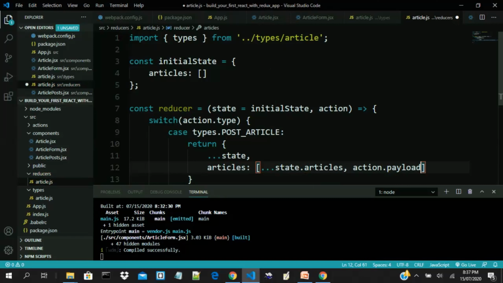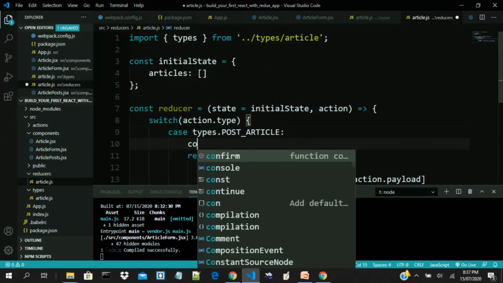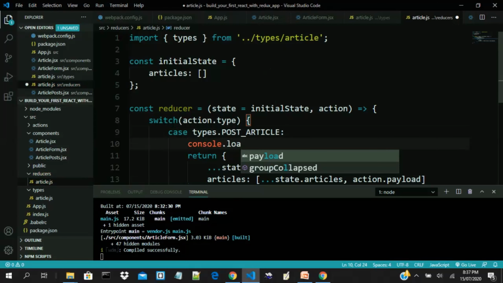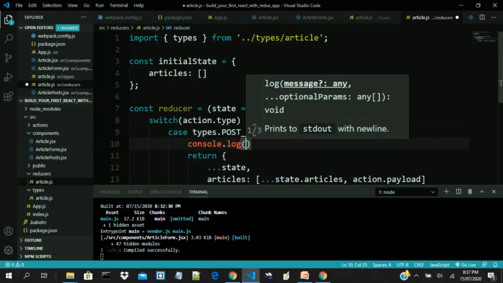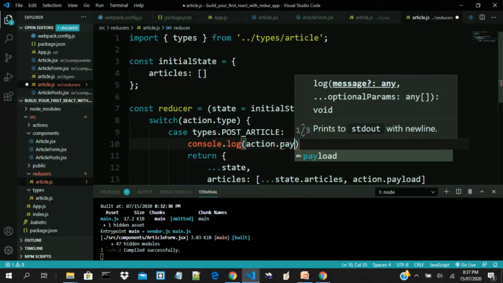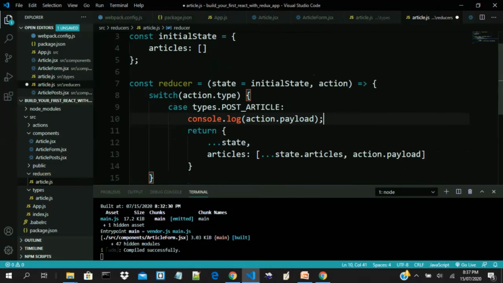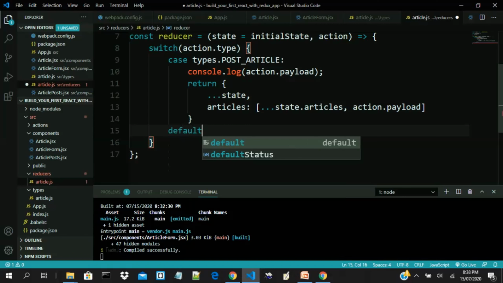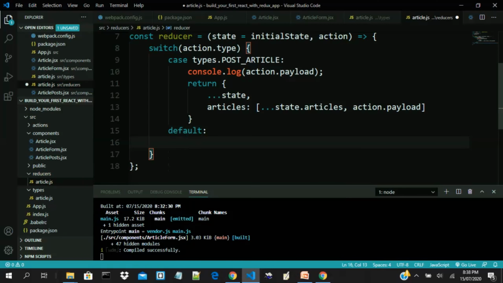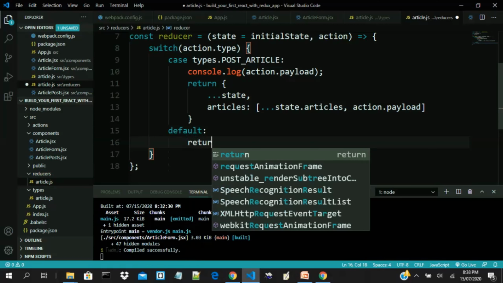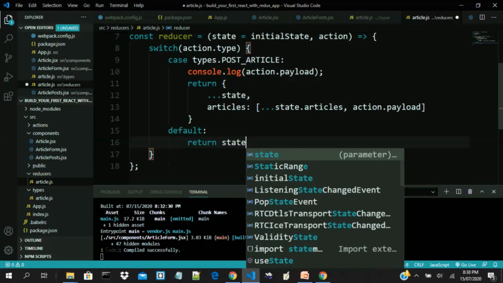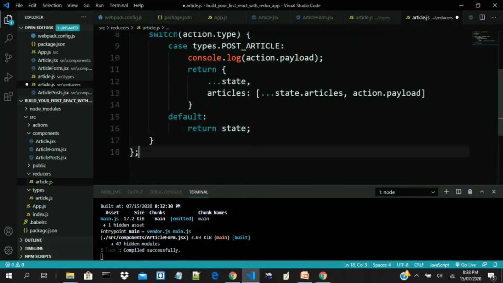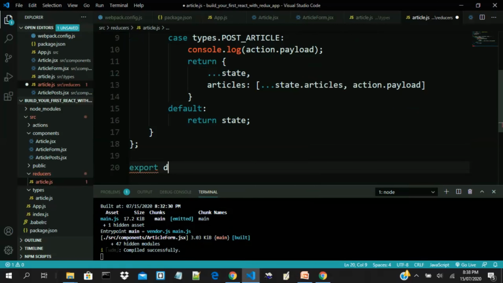Okay, so we can also check whether our action carries a payload. Let's just do console.log to check for that. Then normally in a switch statement, you always have a default response. In case none of the conditions match the cases that are stipulated, you can always return the default state, the state that we have already. That is that. Then let's export default